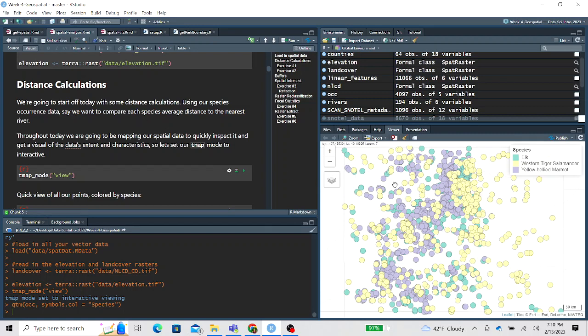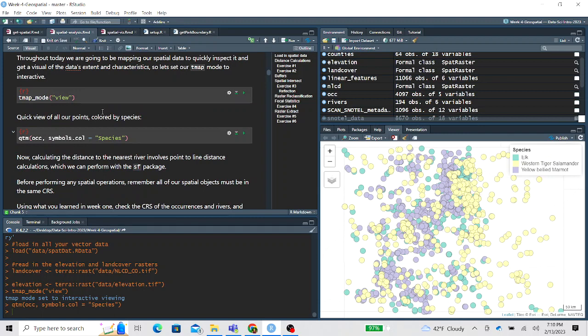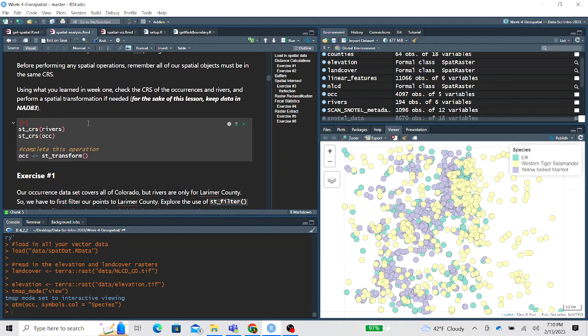So essentially we're working with our point data set and our rivers line data set. For each point, we want to, one, find its nearest river feature and then calculate its distance to that feature. So each occurrence point will have a distance value associated with it. And then we'll do some data cleaning to calculate the average distance to nearest river for each species and find which species is found more often closer to rivers than others. And so the first step here